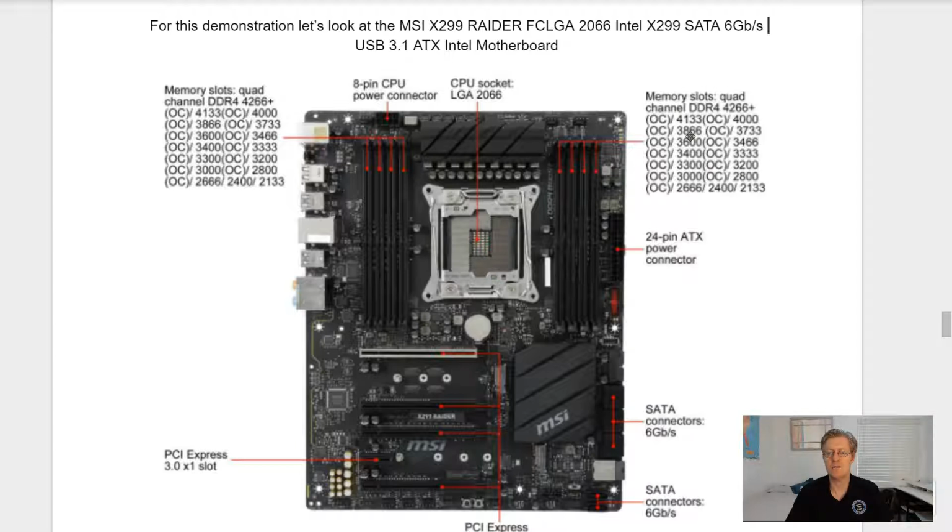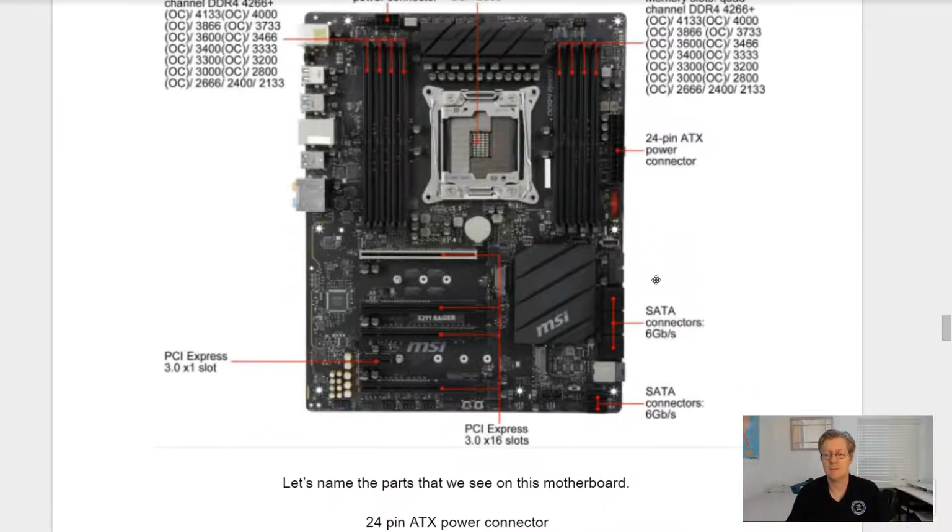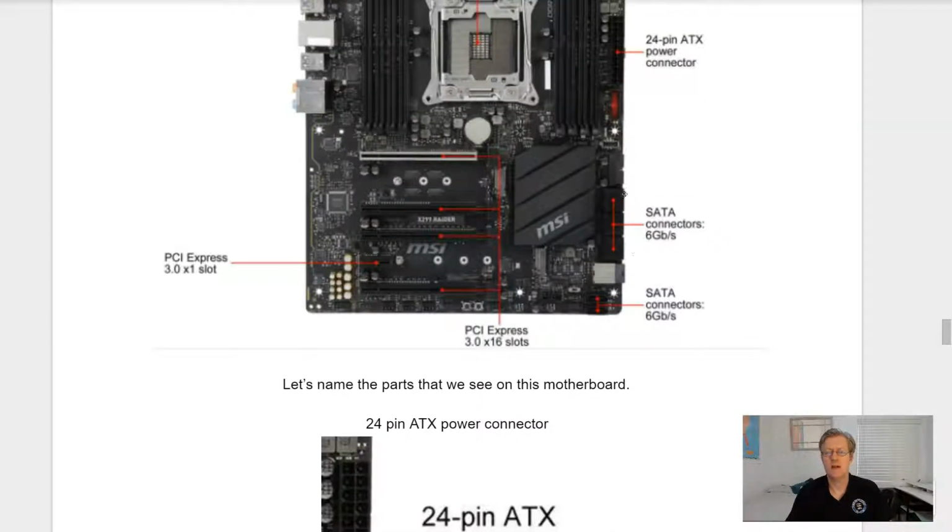We have memory slots on either side, and these slots can take any type of the DDR4 memory that we see mentioned here. We have the 24-pin ATX power connection where it receives the electrical power from your power supply unit. Here we have the SATA connections where we can plug in optical disc drives such as DVD drives or Blu-ray drives, and we could also plug in other types of hardware such as hard drives or solid-state drives with our SATA connection.